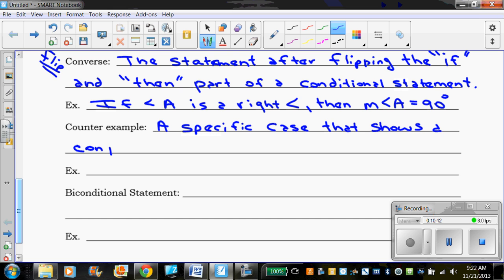A conjecture is false or wrong. So for instance, if I have an example of a conjecture that all prime numbers are odd, the counterexample